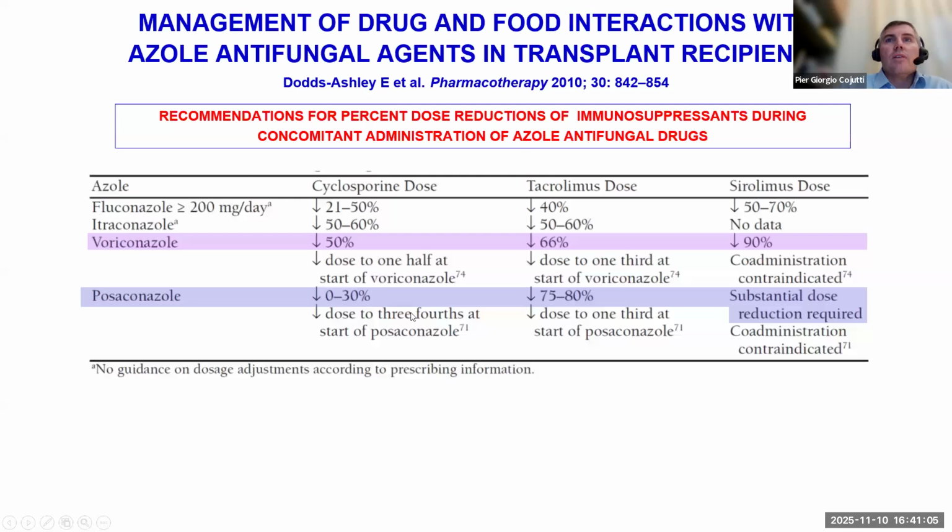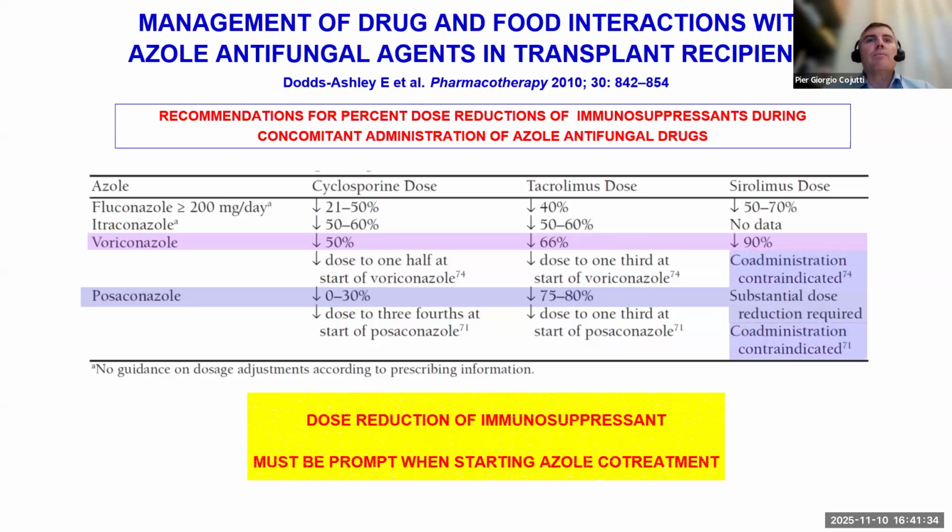With posaconazole, dose reduction is milder, but it is however significant. So a reduction of 30% of cyclosporin dose when administered with posaconazole, between 75 and 80% for tacrolimus, and with sirolimus it is not recommended. So again, the management of drug-drug interaction is barely possible